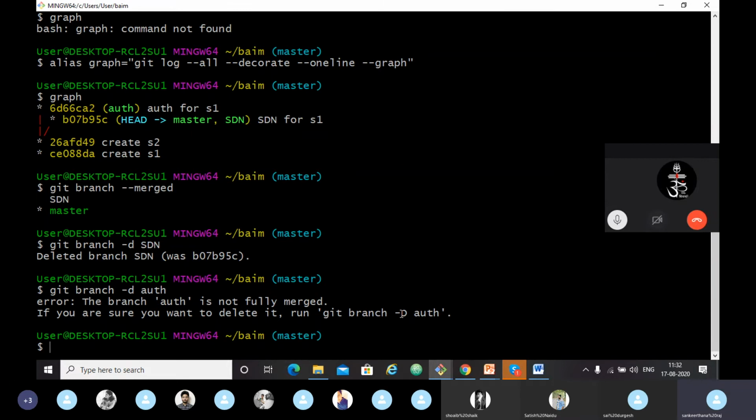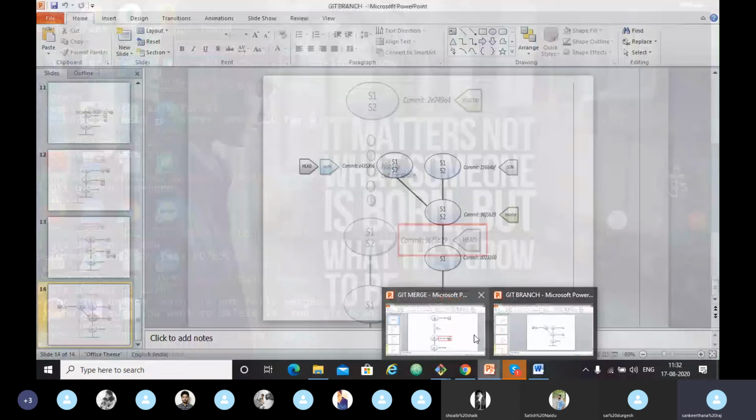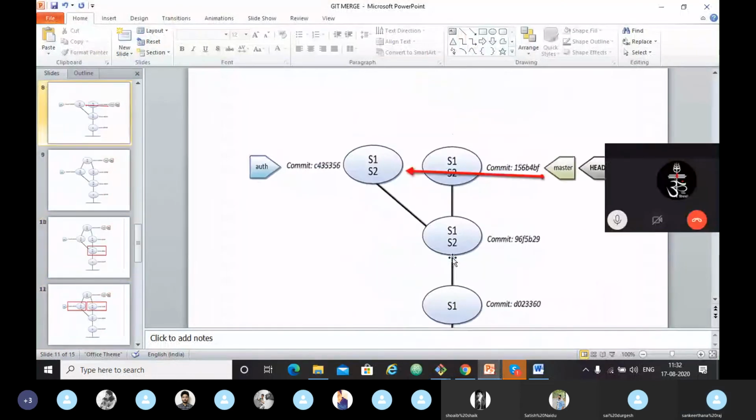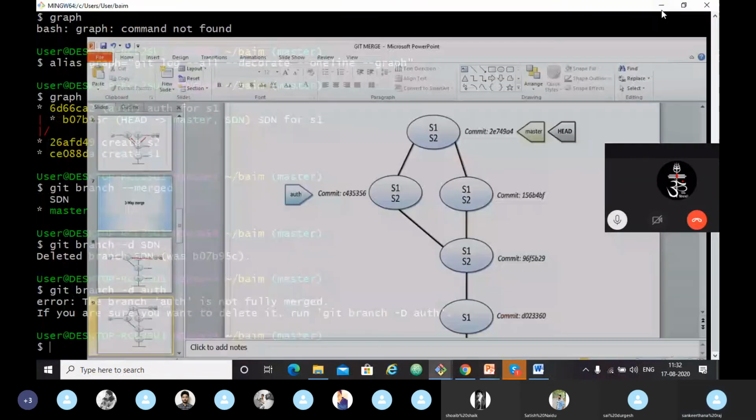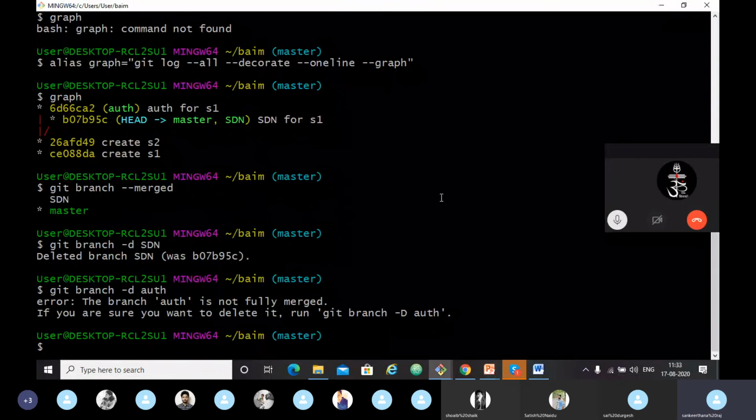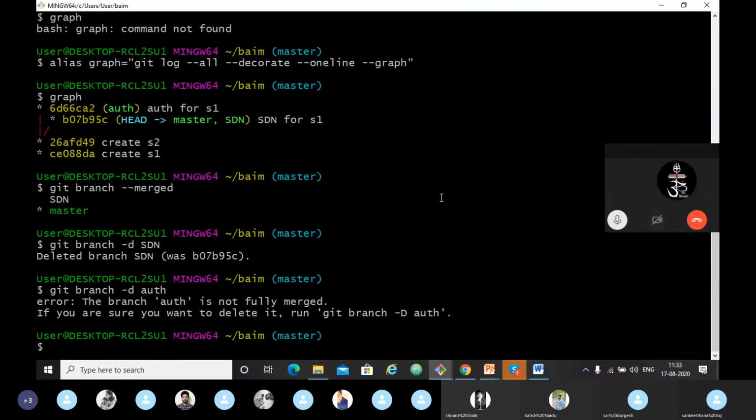For the auth branch, we have to perform a three-way merge because we don't have a direct path for it. So we will create a merge commit and then merge our auth branch. We will see how to do this in the CLI. Let's see the git status.